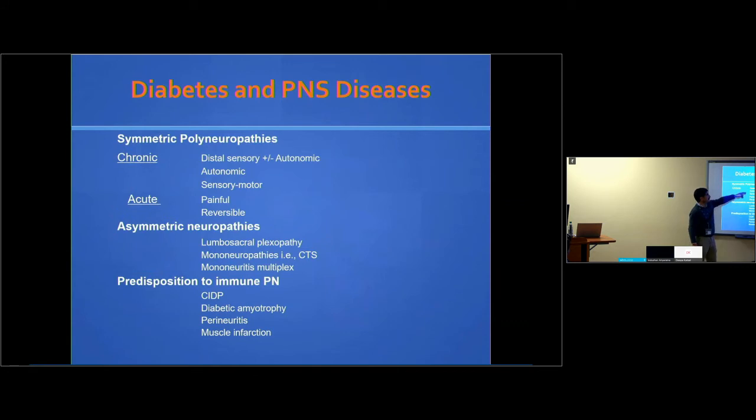Whenever small fibers are affected, there will be autonomic involvement. Then you can have acute neuropathies which are reversible. So plexopathy, say diabetic amyotrophy, is not infrequent. You can also have